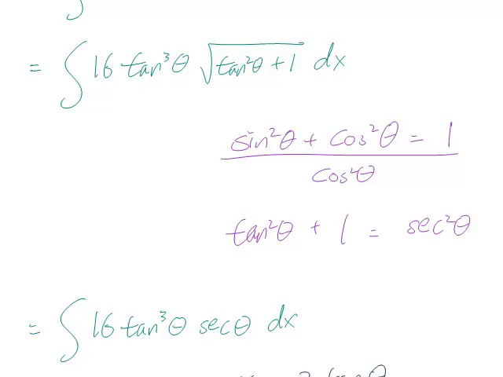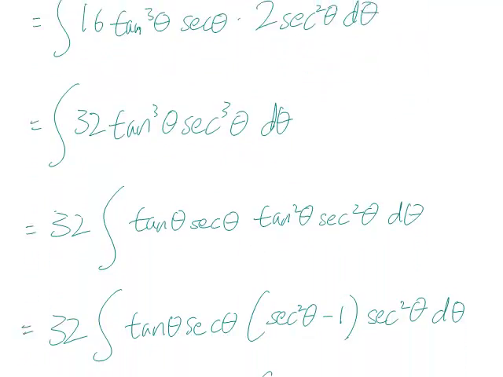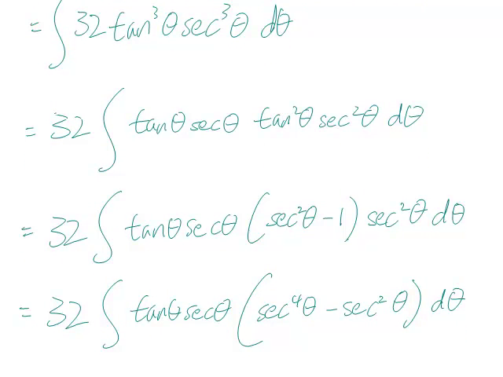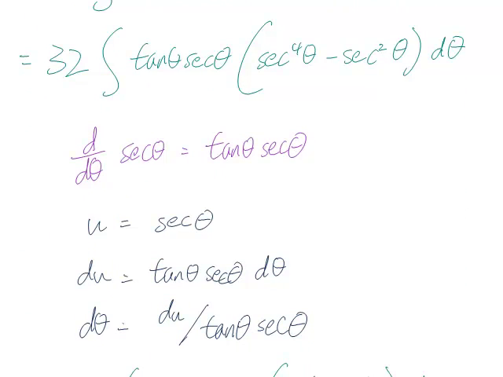Of course, then we had to deal with the dx, turn it into d theta, and finally we have to solve the integral 32 tangent cubed secant cubed d theta. And the way that we do that is essentially by saving a tangent secant and then turning tangent squared into secant squared minus 1 when we have that tangent squared. By doing that, we turn everything except for the tangent secant into sort of a polynomial function of secant, and since the derivative of secant is tangent secant, we can